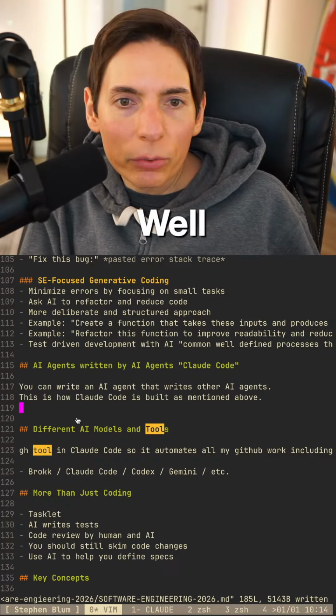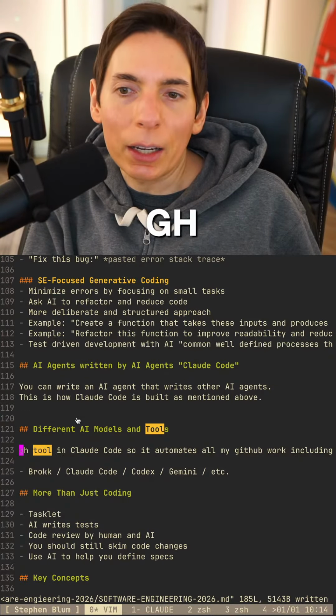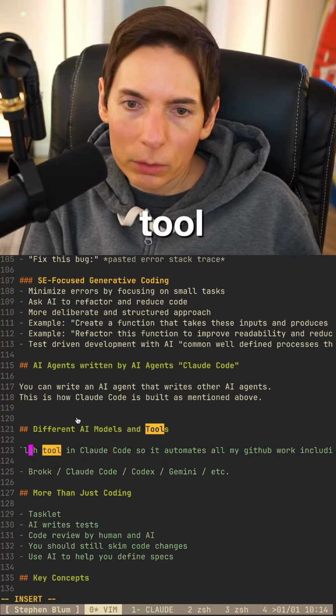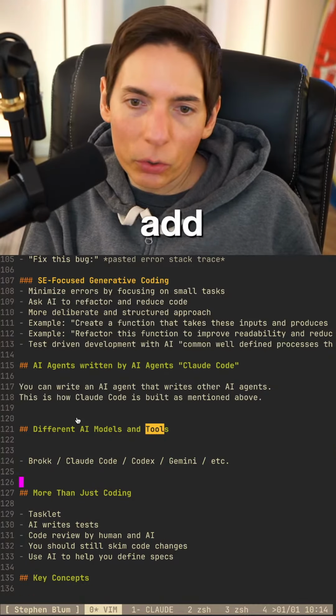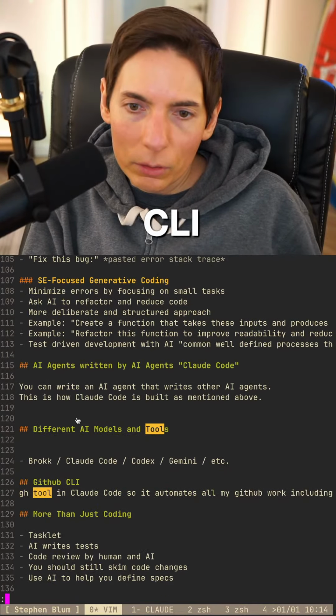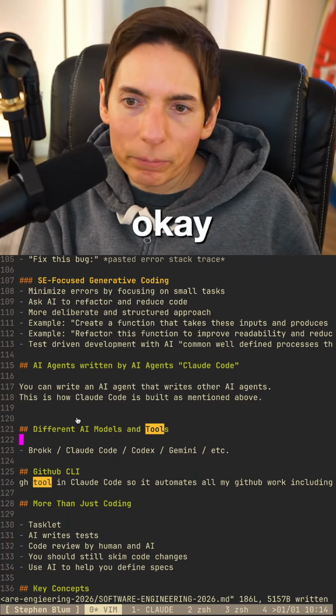Okay, this is the GitHub CLI. Brew install gh. Got it. So the GitHub tool, right? The GitHub CLI. I'll add that in. There you go. Okay, so we add that in.